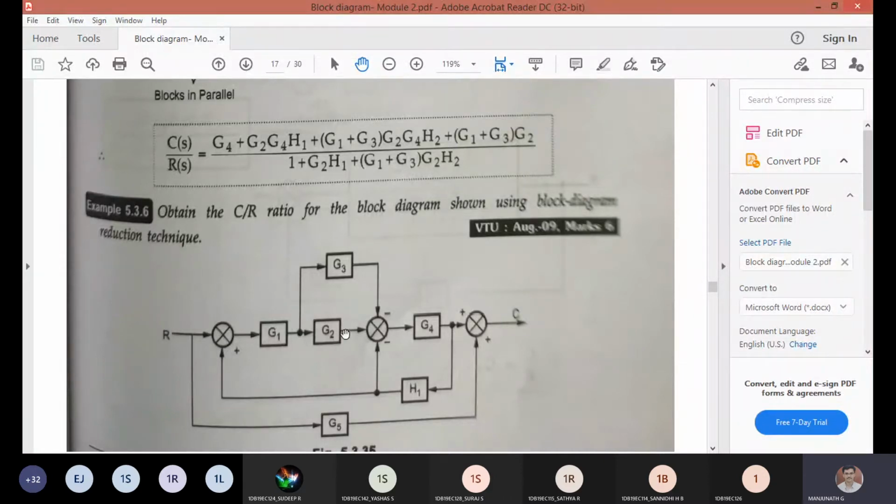Then what we told? Splitting of this feedback path. H1 is a combination given to this summing point also and this summing point also. So split that. Then I told this G4 H1 is one summing point. You can reduce it with the help of rule number 9. So what is the formula you'll get? It's G4 divided by, so minus is there means you should do plus, 1 plus G4H1. So that combination again is in series with this.